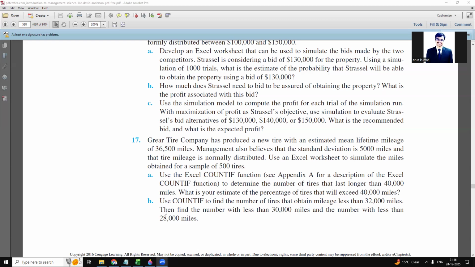Then in part B, we use COUNTIF to find the number of tires that obtain mileage less than 32,000 miles. So here we need to find the number of tires with less than 32,000 miles. Then we need to find the number with less than 30,000 miles and the number with less than 38,000